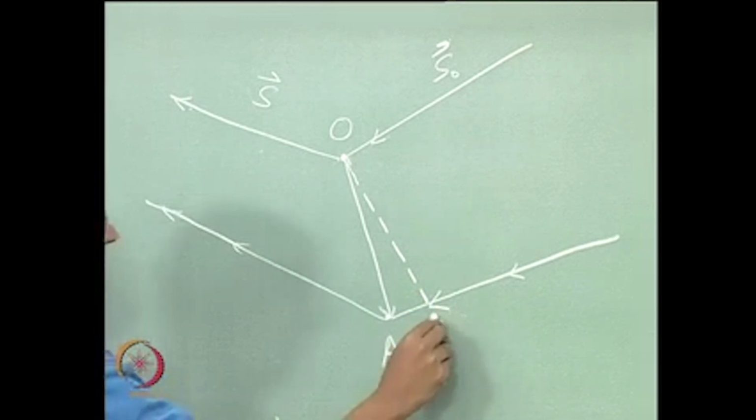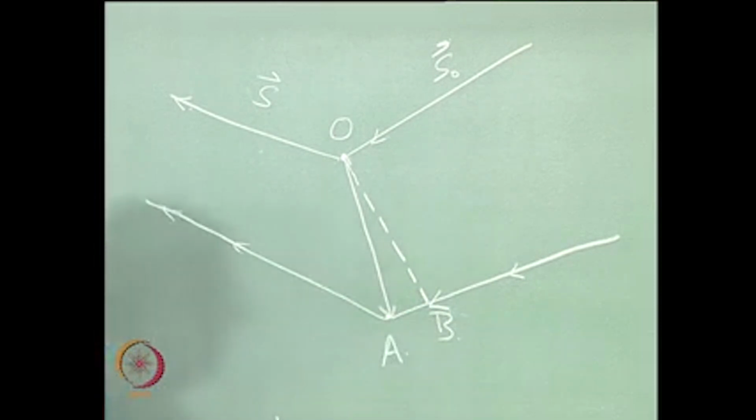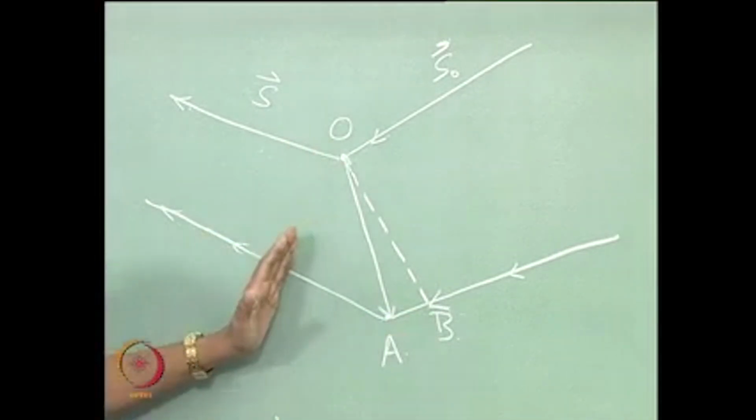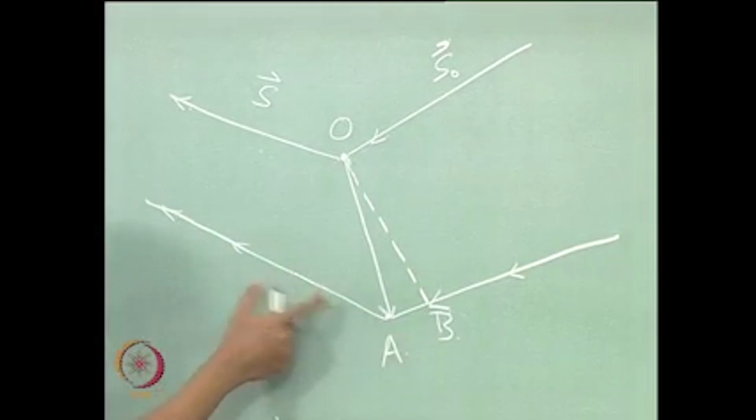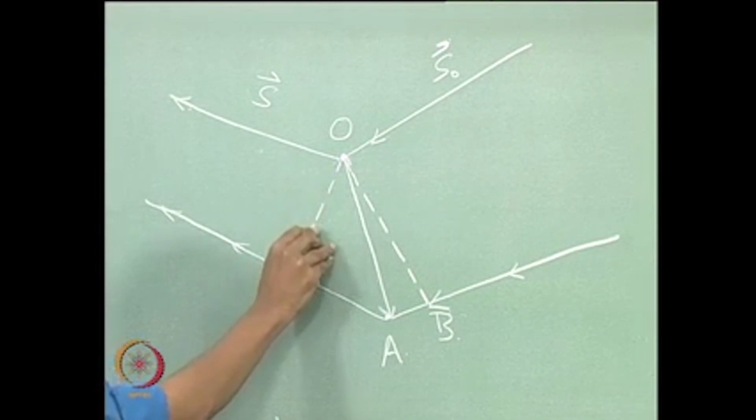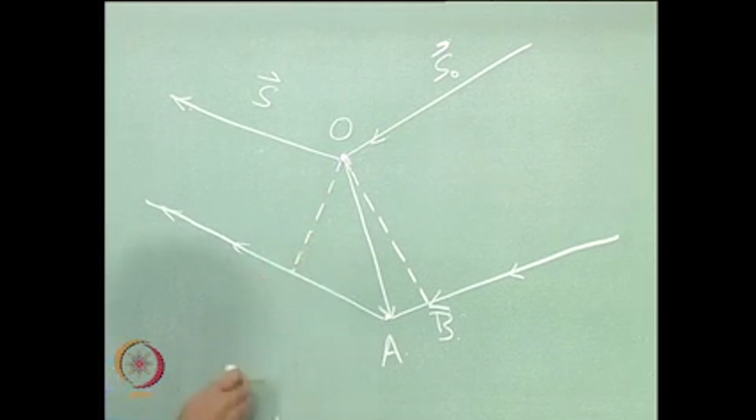Okay, so I will call this B. So that is the additional distance this wave has travelled. Similarly here we have to draw a perpendicular, and that will be the additional distance travelled by this wave. So we will do that. A, B, C. So we have now, so path difference is